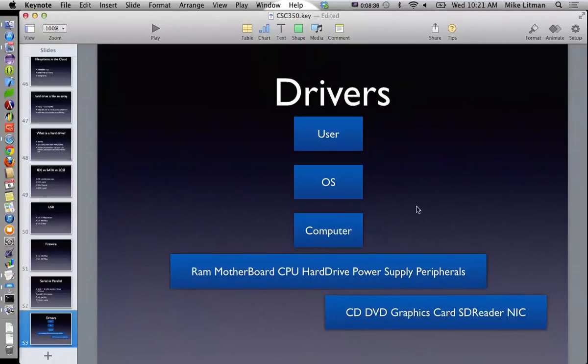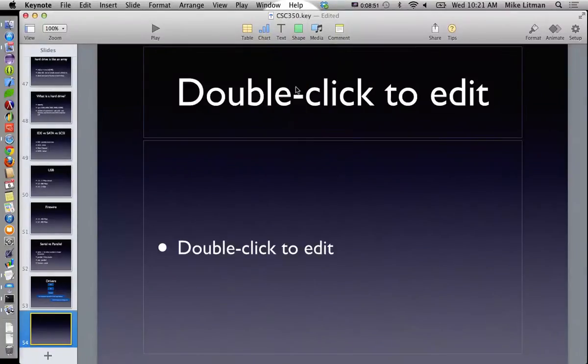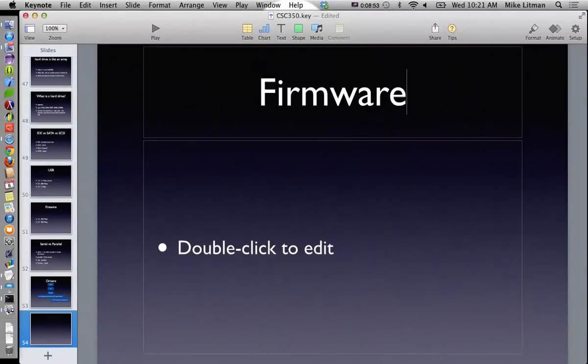No. Or is it in between? Isn't that firmware for all the components of the top list, and then drivers are for the second one? Well, hold on. That's another fun word. Firmware. What is firmware? Doesn't it change the software that's on the RAM itself, or on the card itself, I guess?